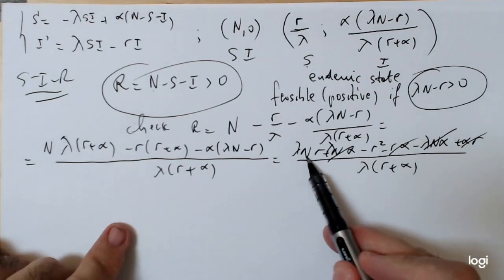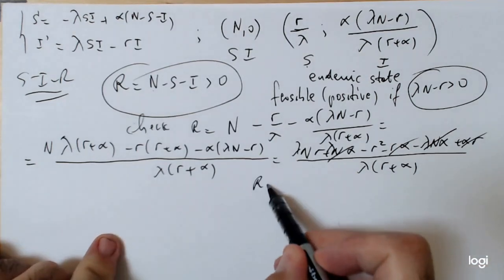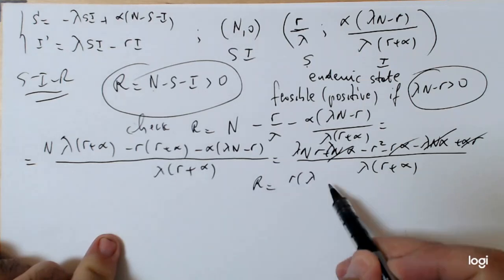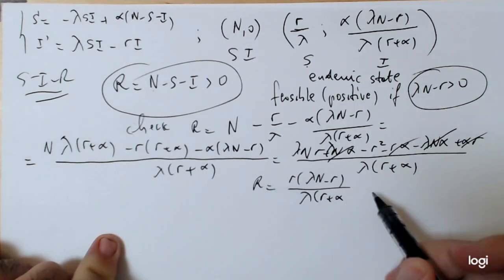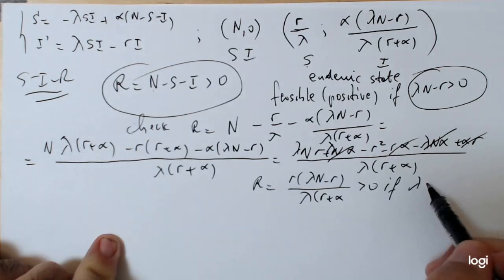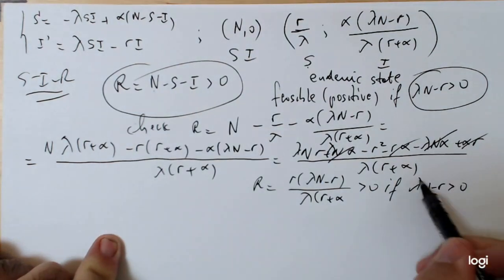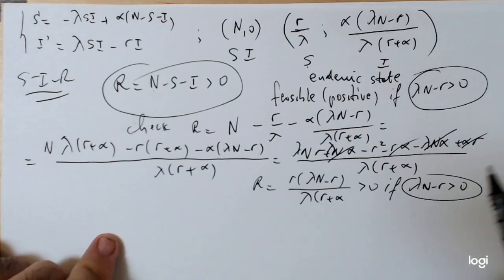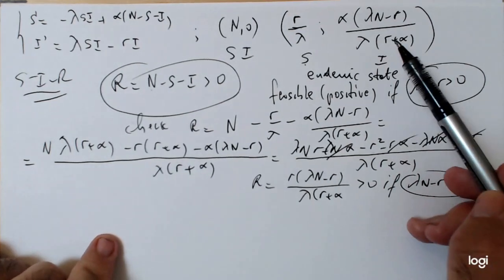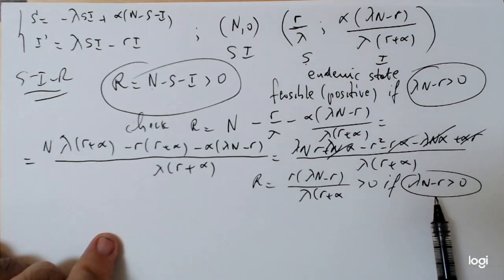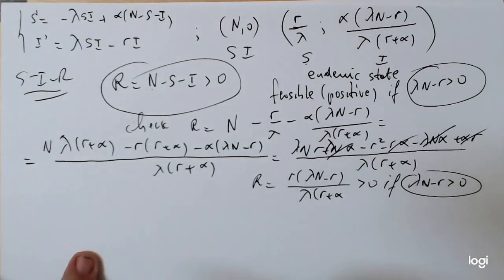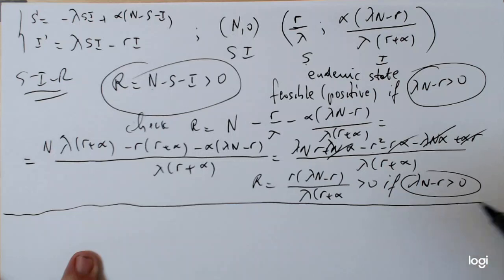And if you look carefully and you pull out R, the recovered class becomes R quantity lambda n minus R over lambda R plus alpha, which is also positive if lambda n minus R is positive. So there's no surprise here. Notice that the feasibility condition for I ends up being the same feasibility condition for R. So we're good to proceed with these equilibrium points under